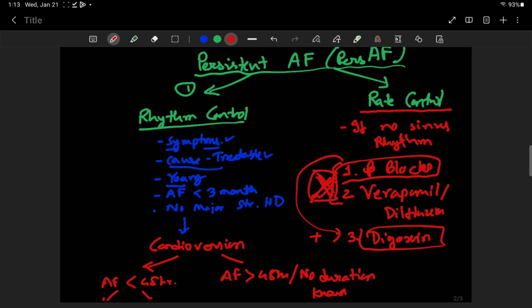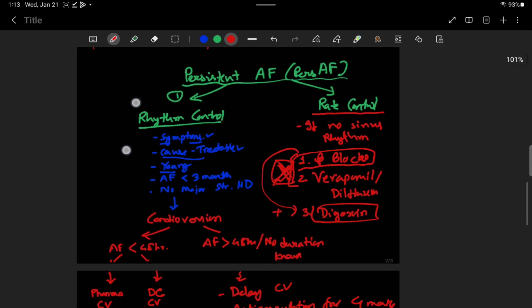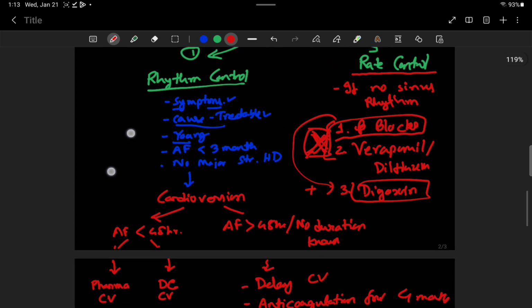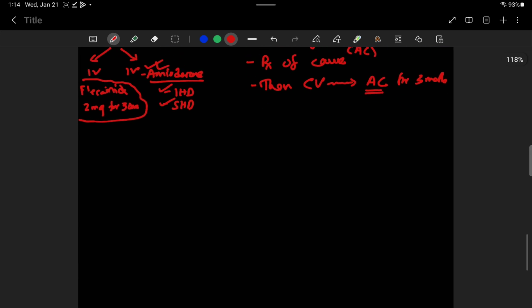Rate control only, it has been seen, can improve the cardiac function in MS. If there is MS and the patient is suffering from AF, if you only control the rate, that will be enough. But if the sinus rhythm isn't maintained, you are controlling the rhythm and also the rate. And if you cannot fulfill the rhythm control options, you can go with the rate controls, obviously.